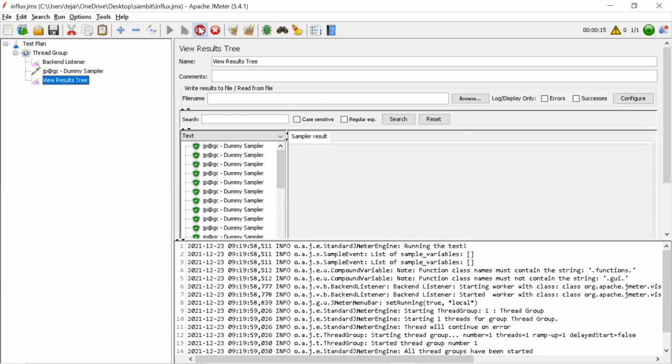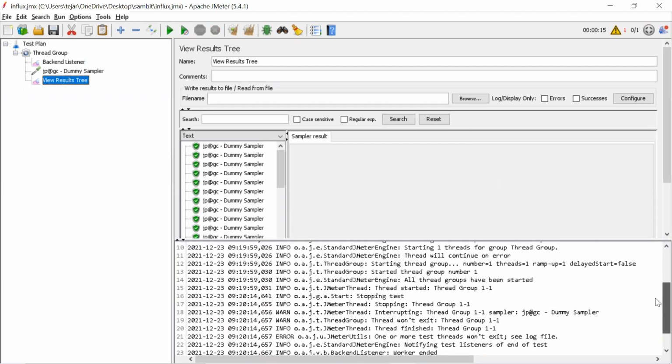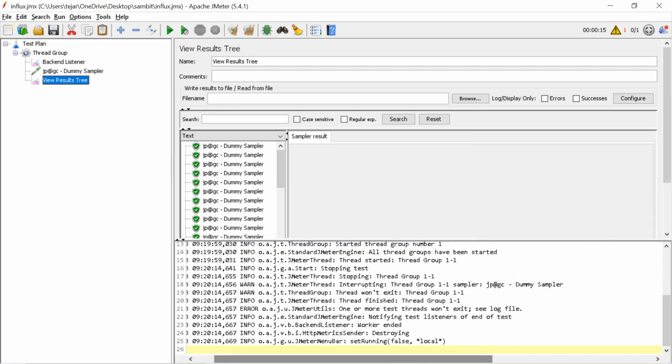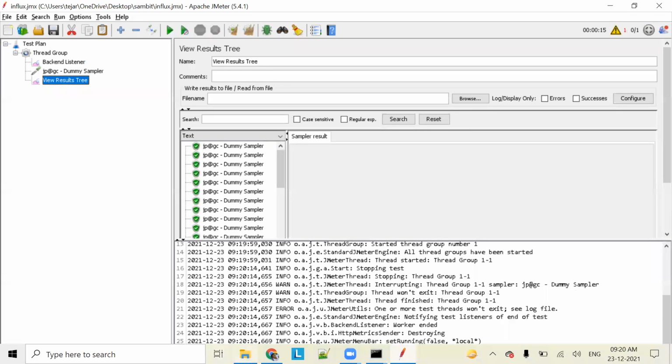Okay, let me stop. We didn't get any error. Otherwise we'd get errors saying it can't push, or similar errors. Now let's check Influx first.